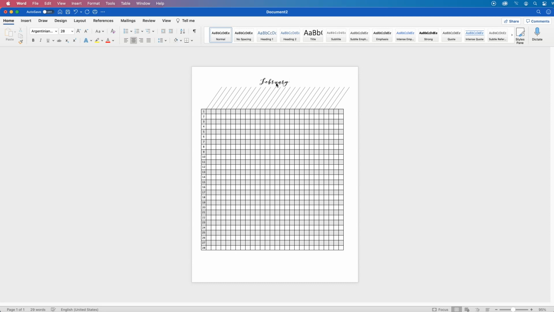And now I have my February month. And then the other thing I like to do, because we don't have a diagonal line up here, I also like to hide these 2 columns. I don't delete them because that changes the sizing, and so instead I just select these 2, and I'm going